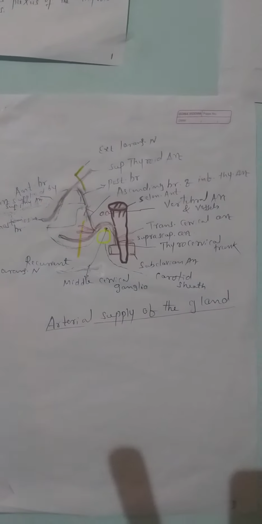It is intimately related to the inferior thyroid artery. While removing the gland, the surgeon must know there is a recurrent laryngeal nerve, and should not cut it. Superior thyroid artery ligation must be done close to the gland, because the external laryngeal nerve has to be saved, which is a little away from the gland. These two things have to be known during thyroidectomy.